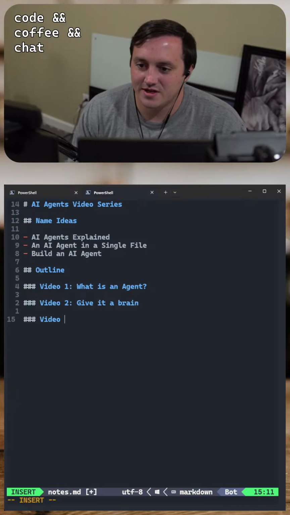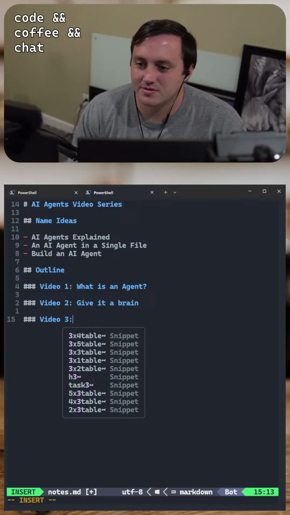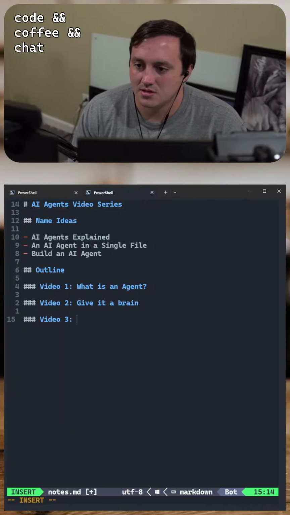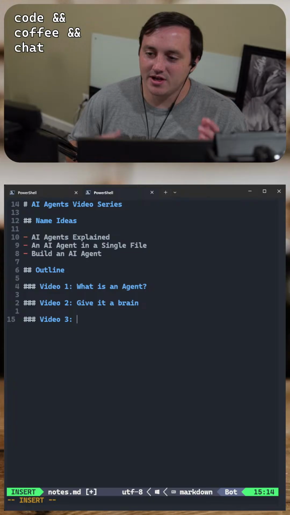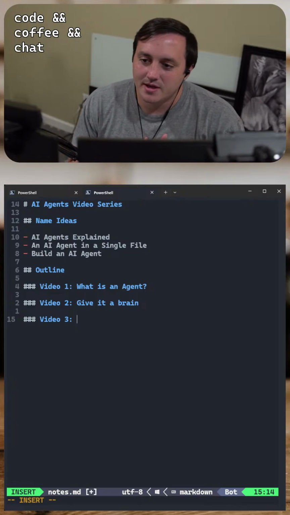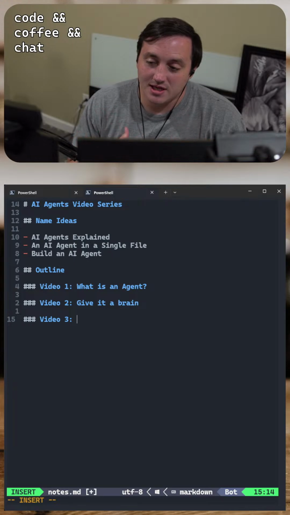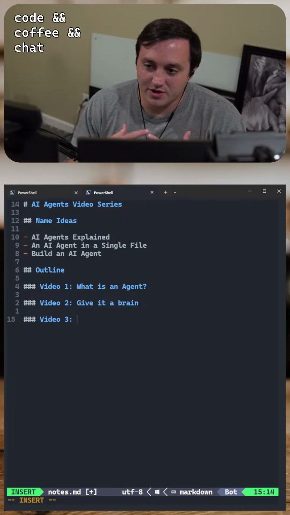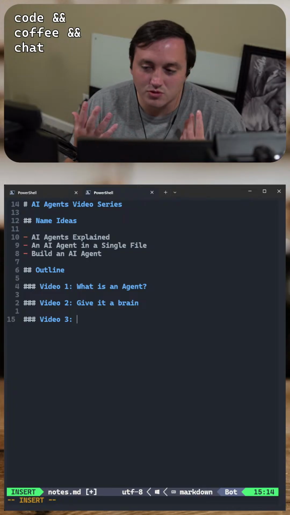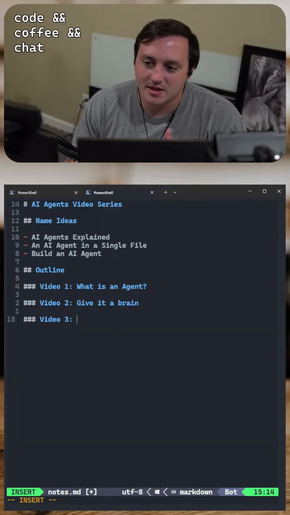And then let's do video 3. We'll talk about like arms and legs. This is where I want to talk about what makes an agent: the fact that you have an LLM, but then that LLM can provide inputs that your code can do stuff with, right? Because you're gonna write tools that the agent can use.